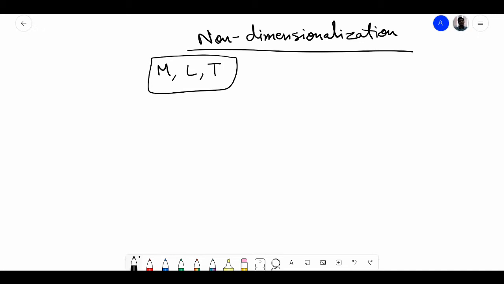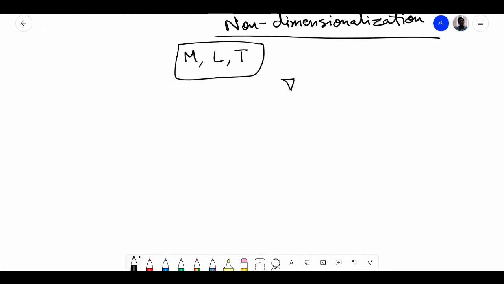If more dimensions come up, we'll introduce them later on, but in general in this course we'll be using only these three. These are the dimensions, and when we write, let's say, del dot V equal to 0, which is the continuity equation for an incompressible flow, what are the dimensions? You can see that del has the dimension 1 by length, because it is dou by dou x, dou by dou y, and so on. And velocity has dimensions length by time. So the dimension of the left hand side is 1 by time.